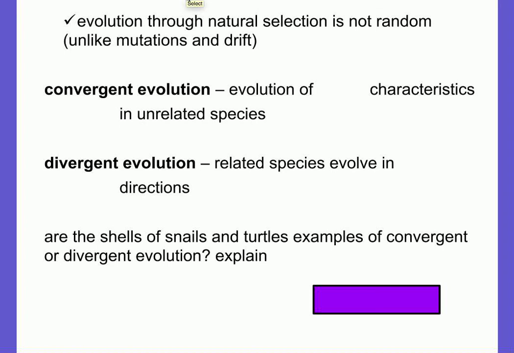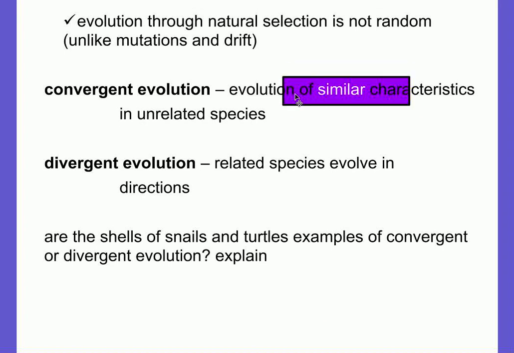Convergent evolution is the evolution of similar characteristics in unrelated species. That should be familiar to you. If things are similar but unrelated, they superficially seem like they could be related, but they're actually unrelated. That's that term from last chapter. That's going to be an analogous example. So we have these two terms, convergent and divergent. Convergent